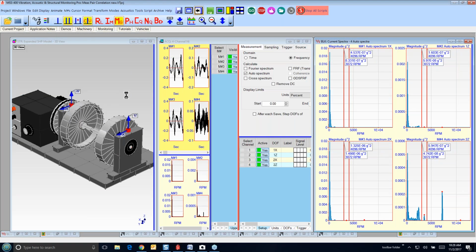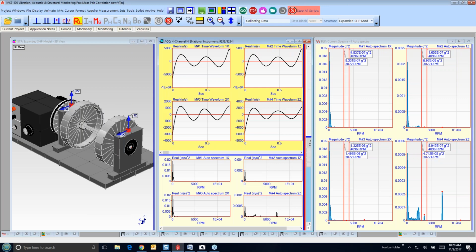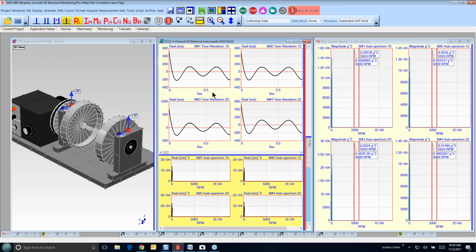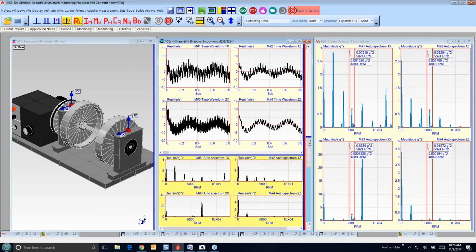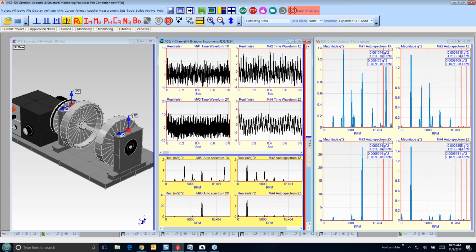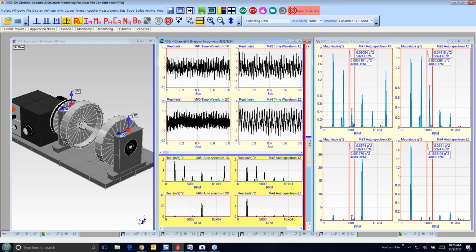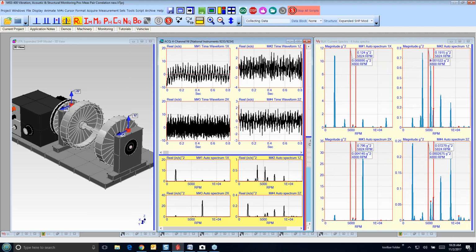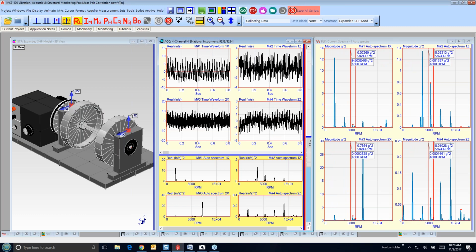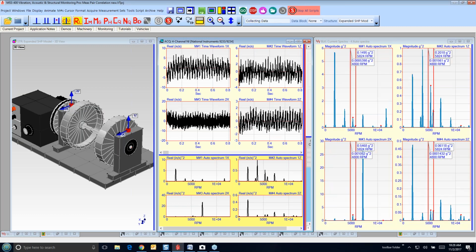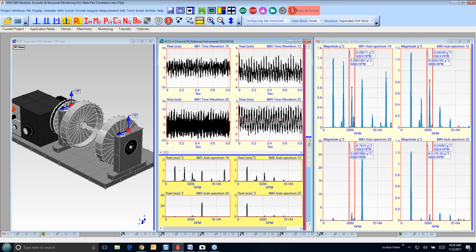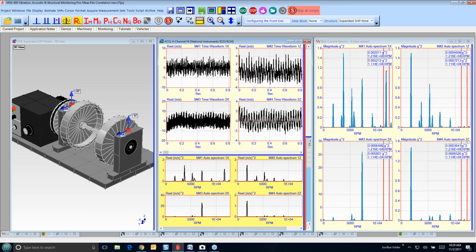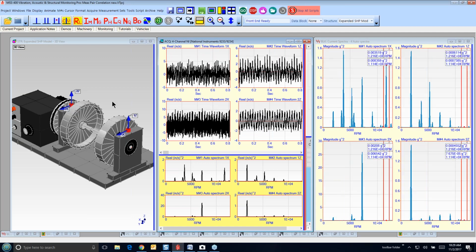This is one of our other rotor kits here, and let me just move this back so we can see what's going on here. Okay, the analyzer is starting to initialize, and it's pulling in data from the rotating machine off of those accelerometers. Now, the accelerometers have 3 channels each, but I've only got 4 channels, so I'm only measuring the horizontal and vertical motion of the machine on the bearing block.